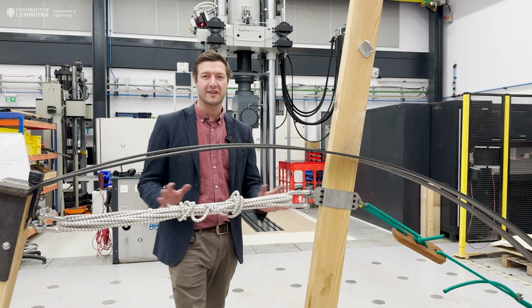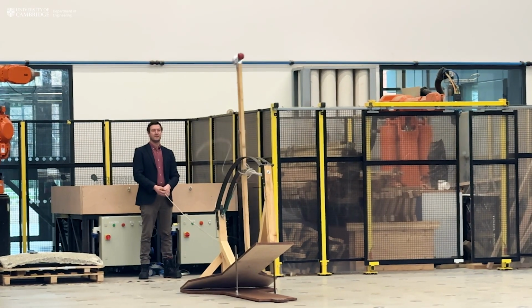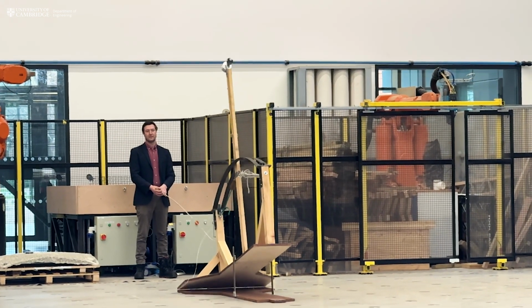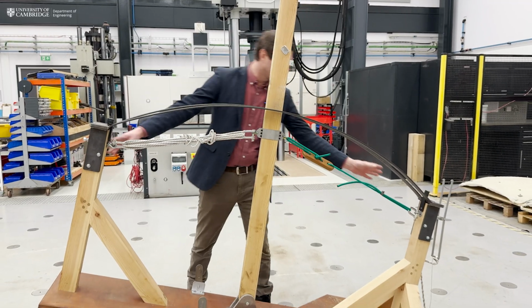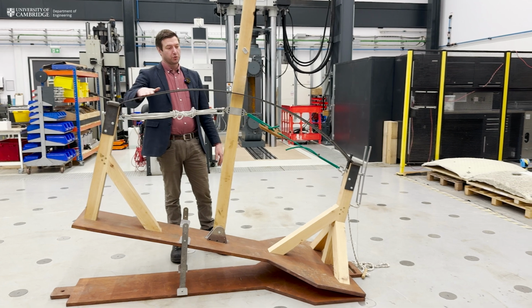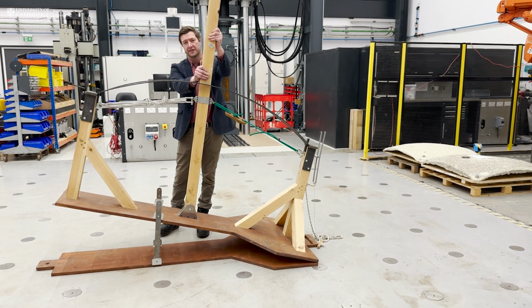So now I'm going to show you exactly how the machine works and its main structure. It starts off with a pretty significant base, and that base has got the ability to be angled, which changes the trajectory of the ball. Then it has these two quite significant uprights, and they have to take a lot of the load. They're topped with some guide rails, and then the central piece of the machine is this main